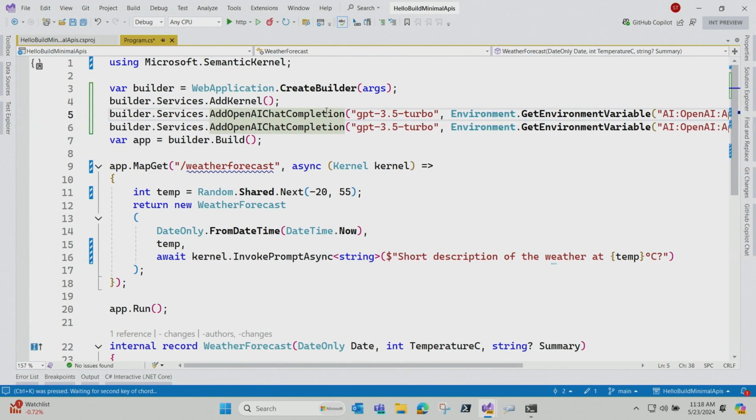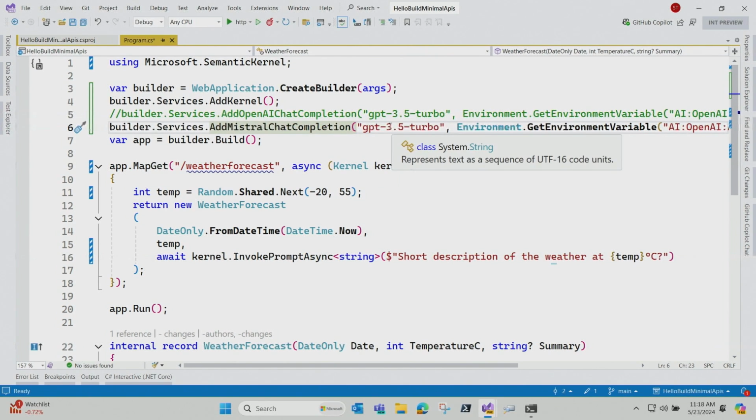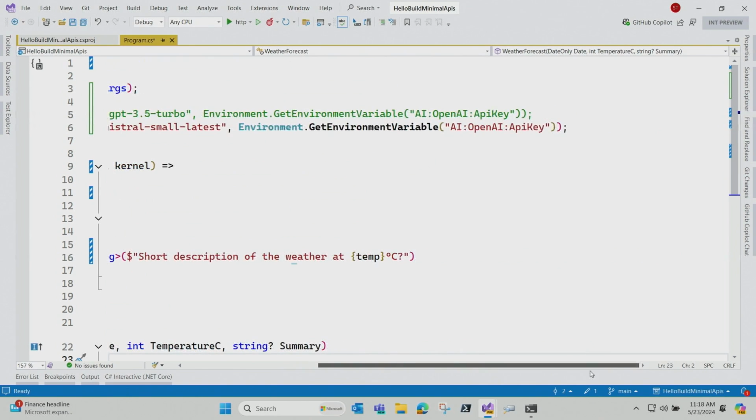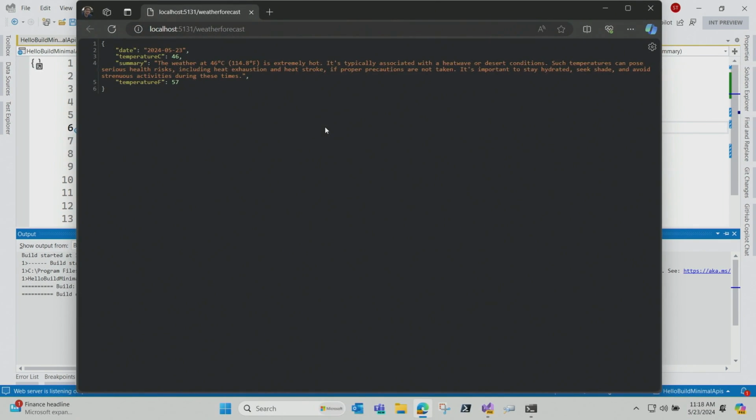So I could come up here, and I could say, you know what, instead of OpenAI, I want to use Mistral. So I'm going to use Mistral chat completion. This is talking to the Mistral AI service. So I could say Mistral, what is it, small latest, I think is the name of one of their models. And then I also need to change my API key to Mistral AI. Again, linked to my credit card. And this one works too, with a slightly different kind of way of formatting the description, but still talking to